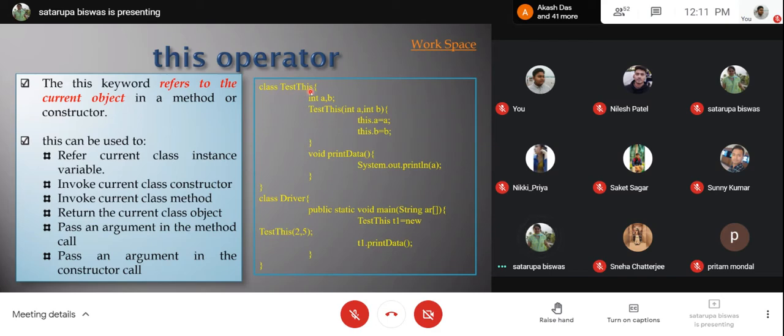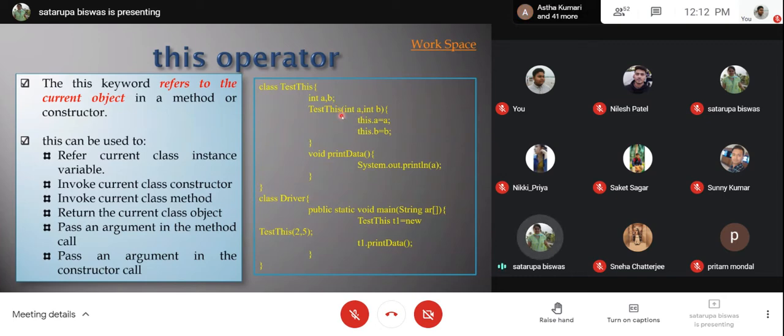This is a class Test, where this is a constructor, and inside the constructor you can see the temporary variables which we are taking to transfer the values for the instance variables. You can see there is a difference between int a, int b and this int a and int b. This int a and int b are actually the instance variables. So whenever you are creating any object of this Test class, you are going to have copies of this a and b present over there.